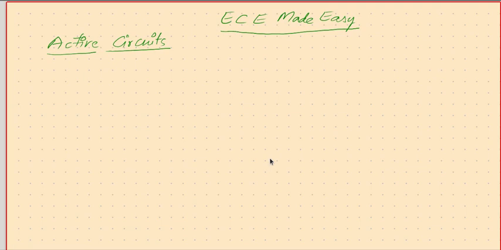In this, after completing the passive circuits, now it is time to get into a more interesting world called the active circuits. Here, we are going to use not only the passive elements like RLC, but also active elements like the semiconductor devices we had discussed in our previous section.